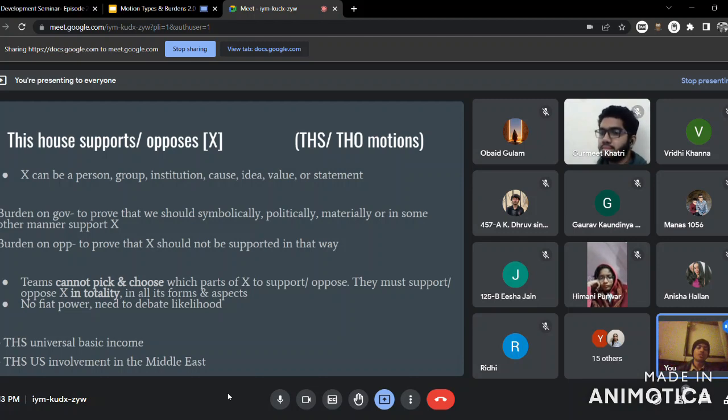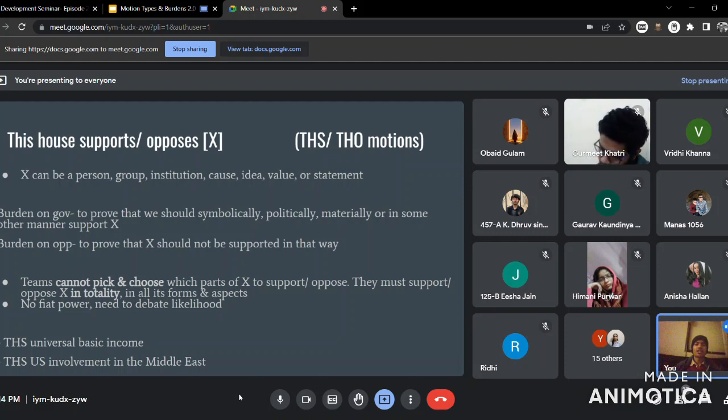And similarly, opposition can't say that, अरे, we only oppose UBI for rich people because उनके पास तो पैसा है, but for poor people we allow UBI because ठीक है उनको तो चाहिए. This pick and choosing cannot happen in supports and opposes motions. You need to support and oppose the entire thing. UBI का सीन ये है कि it's given to everyone or it's given to no one obviously, है ना, UBI तो है ही. So what Gov needs to defend here specifically is every citizen of the country being given a certain amount of money by the state. They can't pick and choose. This is an example that explains the first point.